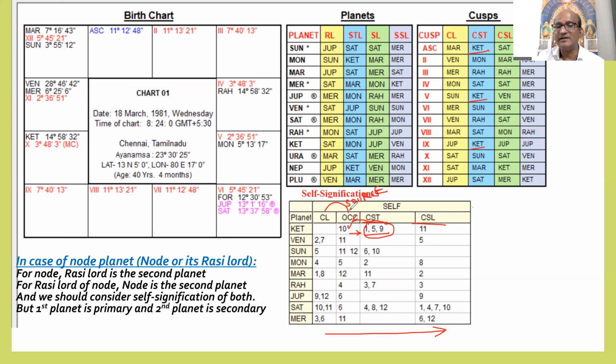You understand? Whatever is present in CLOC, whether CST is further supporting the house matters or not, whether they are improving the significations or reducing the signification, based on that the 10th house signification strength will be there. Then it is going to be further studied by the cuspal sublord signification, whether that cuspal sublord signification is further supporting the source and the CST signification of this planet.